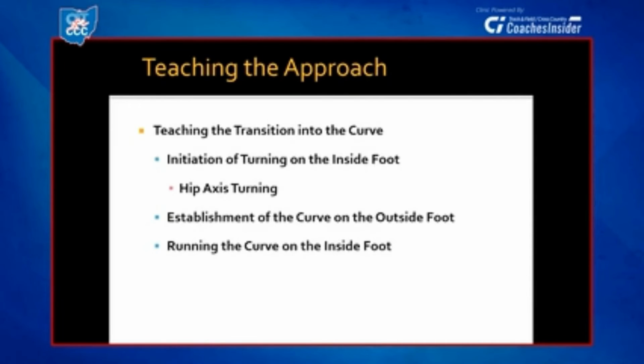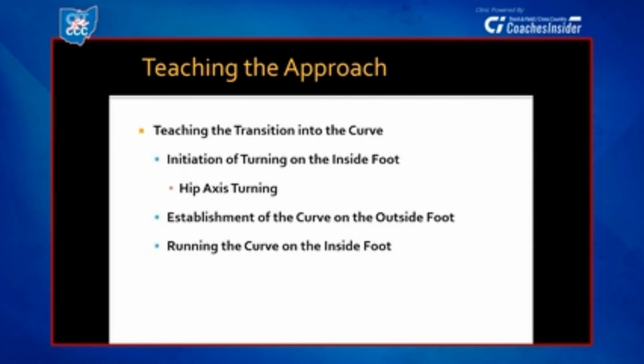Our next concern in teaching the approach is teaching the transition into the curve. It's important to know that the initiation of the turning of the hips begins on the inside foot. So if you're coming from the right side of the apron, you're beginning the turning on the left foot. And if you're coming from the left side of the apron, then you're beginning the turning on the right foot. And as we push off of that step, which in a 10-step approach is the 4th step, we actually see the hips turning slightly. What that does is that puts that outside foot, the next step, a little bit wider,